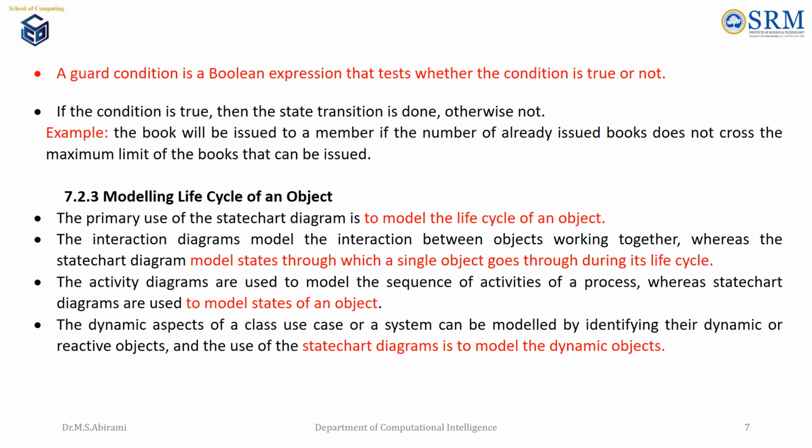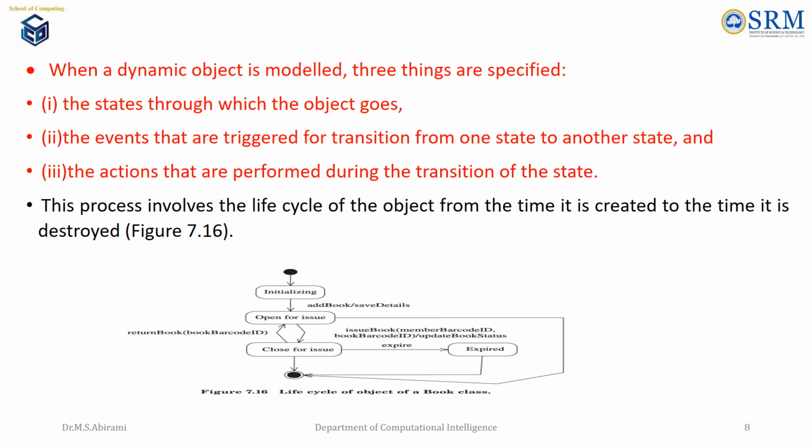The next topic is modeling the life cycle of an object. The primary use of the state chart diagram is to model the life cycle of an object, the states through which a single object goes during its life cycle, and also to model dynamic objects. When a dynamic object is modeled, three things are specified: the states through which the object goes, the events that are triggered for transition from one state to another, and the actions that are performed during the transition of the state. The process involves the life cycle of the object from the time it is created to the time